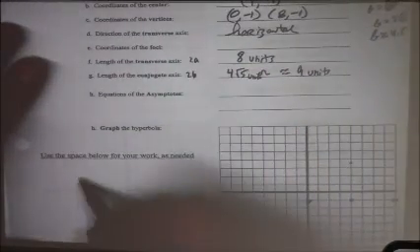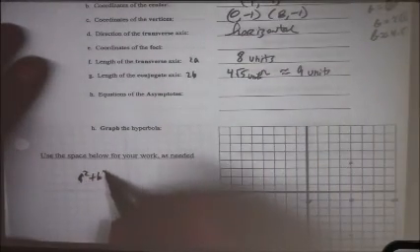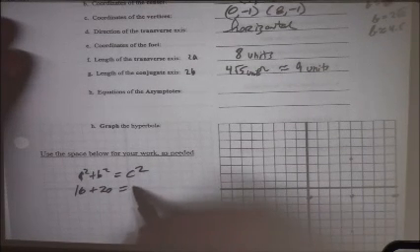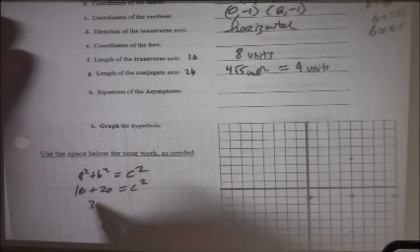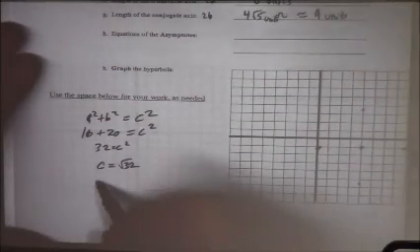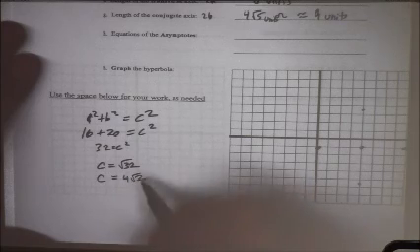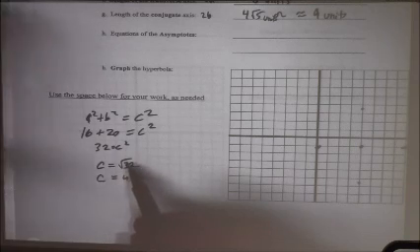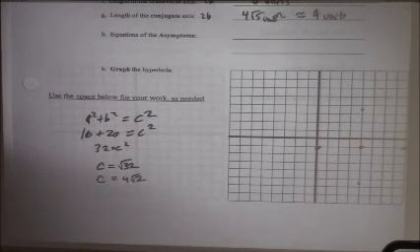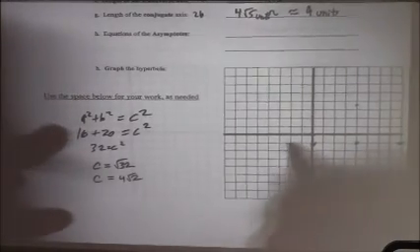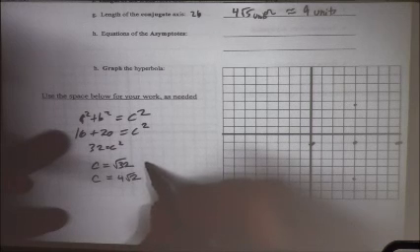First, let's take care of the foci. a squared plus b squared is equal to c squared. a squared is 16, b squared is 20, so c squared is going to be 32. So c is equal to the square root of 32, and that's 16 times 2, which is 4 root 2. We can call it the square root of 32 or 4 root 2. We can still use the square root of 32 to get the approximate decimal. We do need to, because we need to find where the focus point is here. So that's approximately